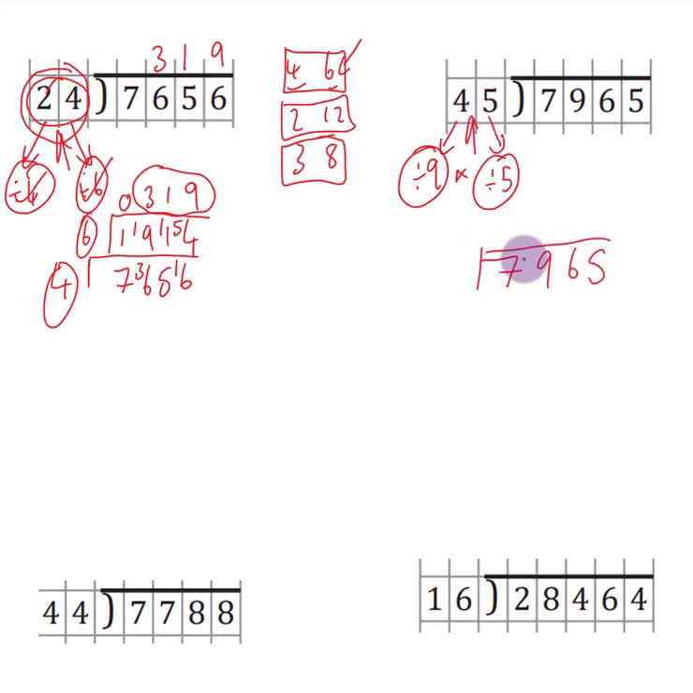7,965. Actually, I'll divide by 5 first. I prefer dividing by 5 first. So 5 goes in once, carry the 2, goes in 5 times, carry the 4, 9 times, carry the 1, and then 3. Now I take the answer that I've got and divide it by 9. 9 into 1 doesn't go, 15 goes once, 69 goes, let me think, 7 times, carry the 6, and then 7 times again. So 45 into 7,965